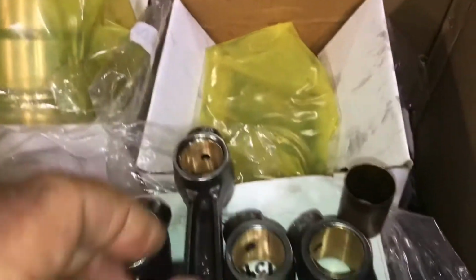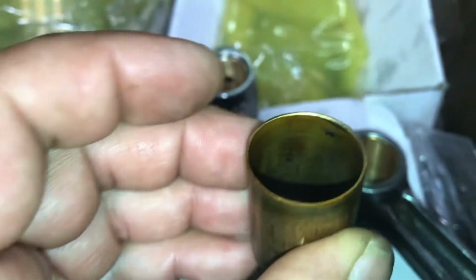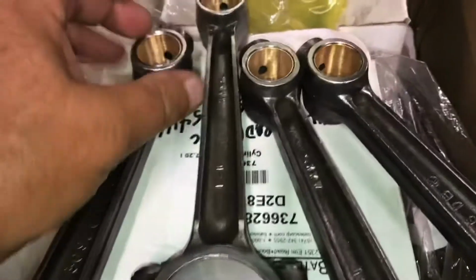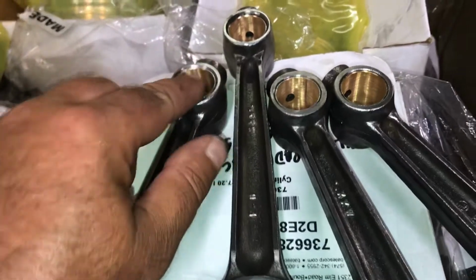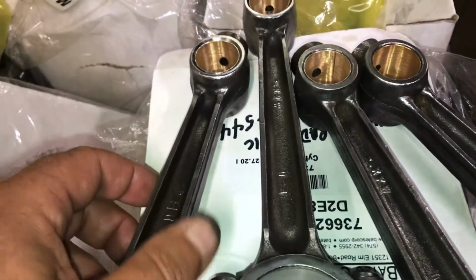I got new piston pin bushings installed. Took it to a machine shop. Here's one of the old bushings. They weren't in the best of shape. I pressed it out of the old pistons with a couple of sockets, one larger socket on the bottom and a smaller socket on top. Used a shop hydraulic press, pressed them out, and the new ones